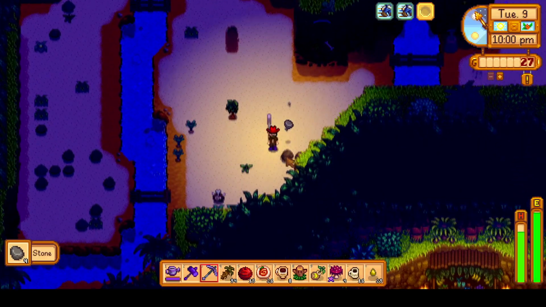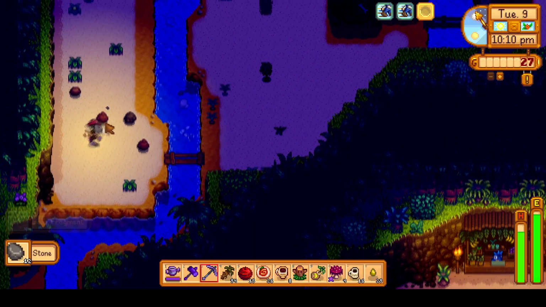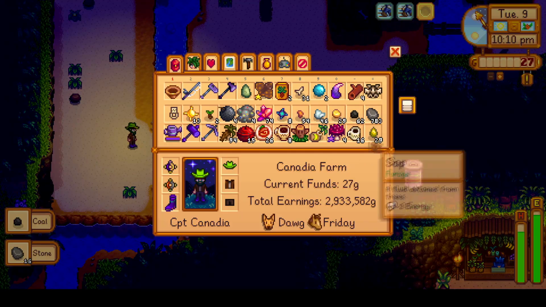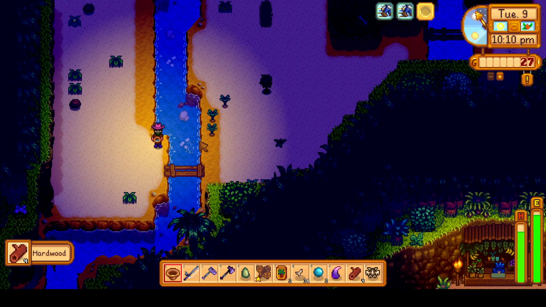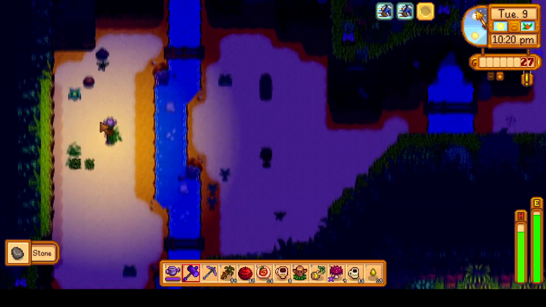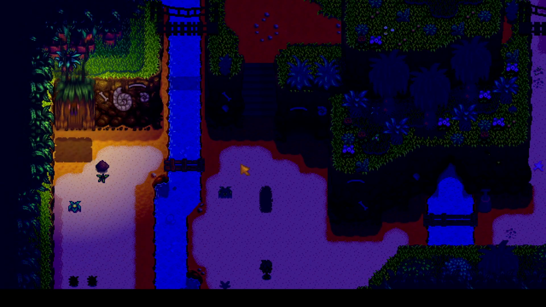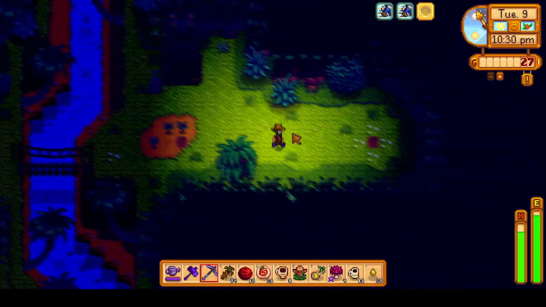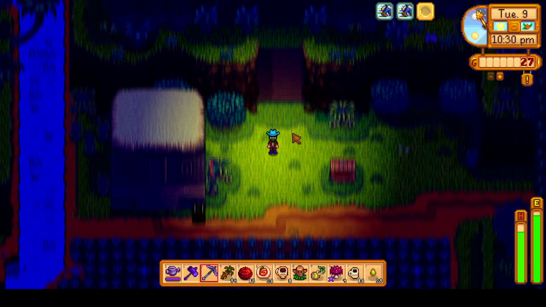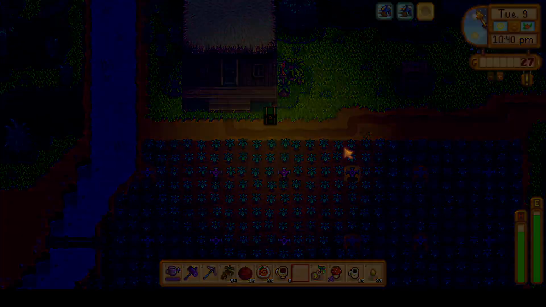There are a few rocks and stuff, but more importantly, there is a panning spot, so we'll go ahead and pan that to see what we get. Hopefully we do get the tail, the fossilized tail that we want, but nope, just iridium ore, unfortunately, but that's okay. We'll go ahead and warp back to the island farm, get our inventory organized, try to organize this chest a little bit, bring what we can back to the farm with us, warp back to the farm,